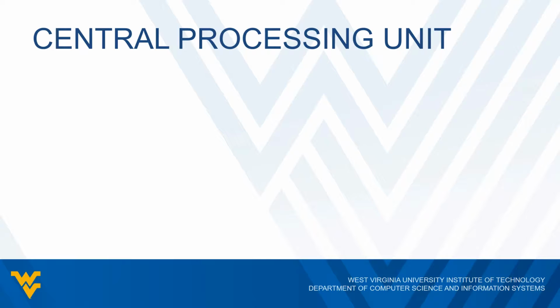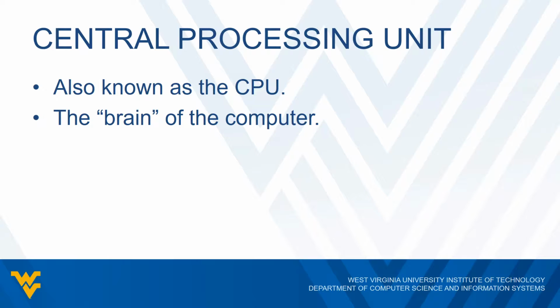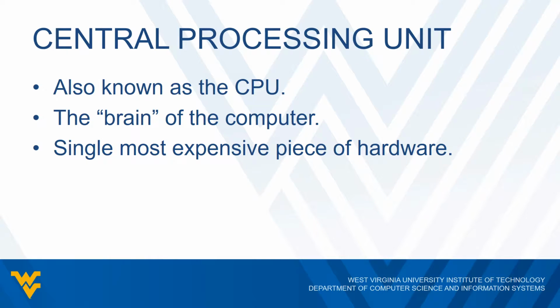Now, the central processing unit is also known as the CPU. In fact, most people just say CPU and not central processing unit. You can think of the CPU as the brain of the computer. It does pretty much all of the main work of the system. It does all the computations. This is actually the single most expensive piece of hardware. I mean, there are a lot of parts that are very expensive, like video cards. Video cards are actually getting pretty expensive now, but